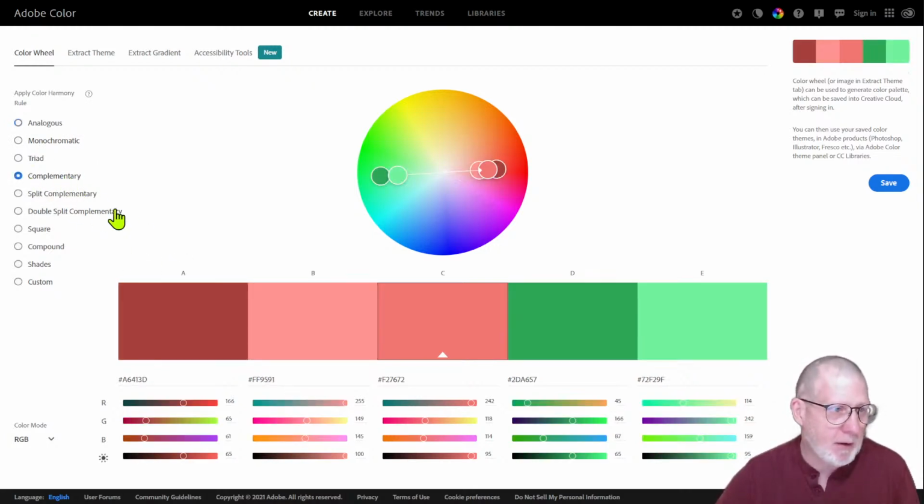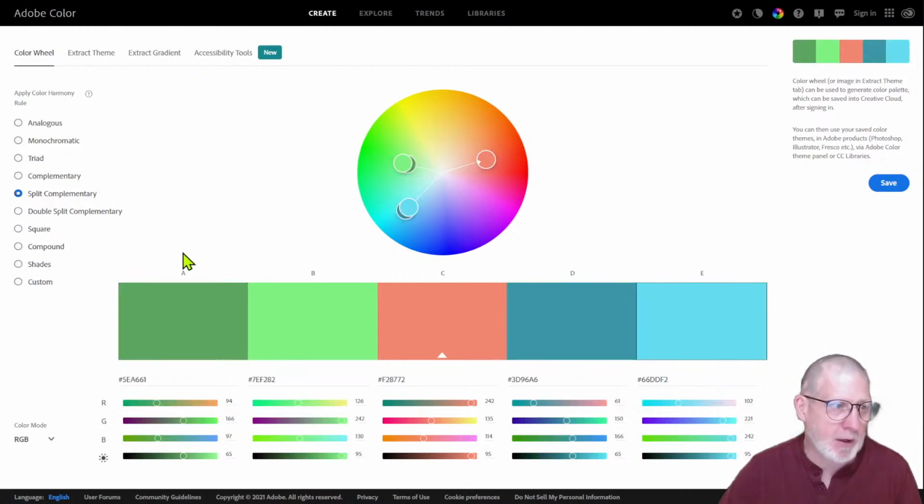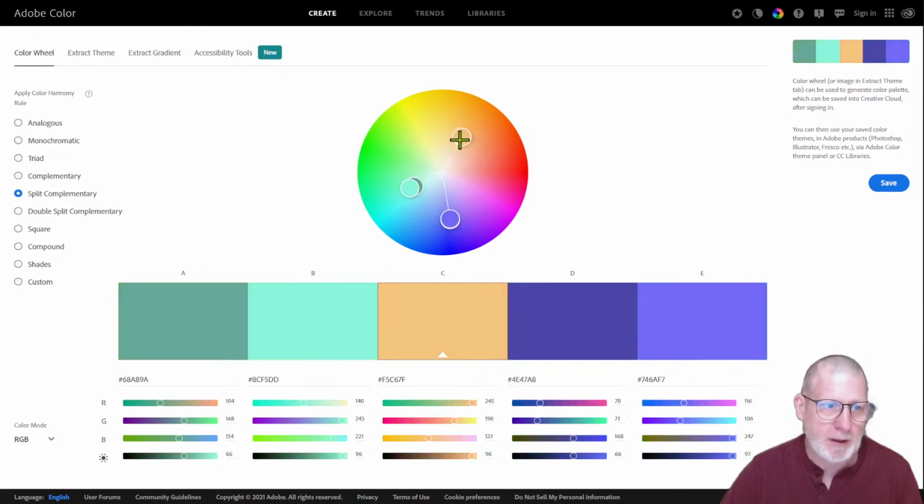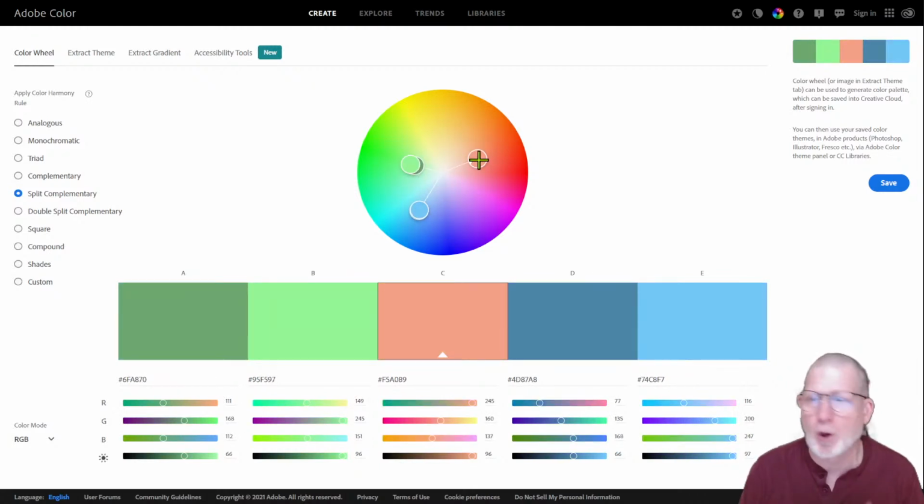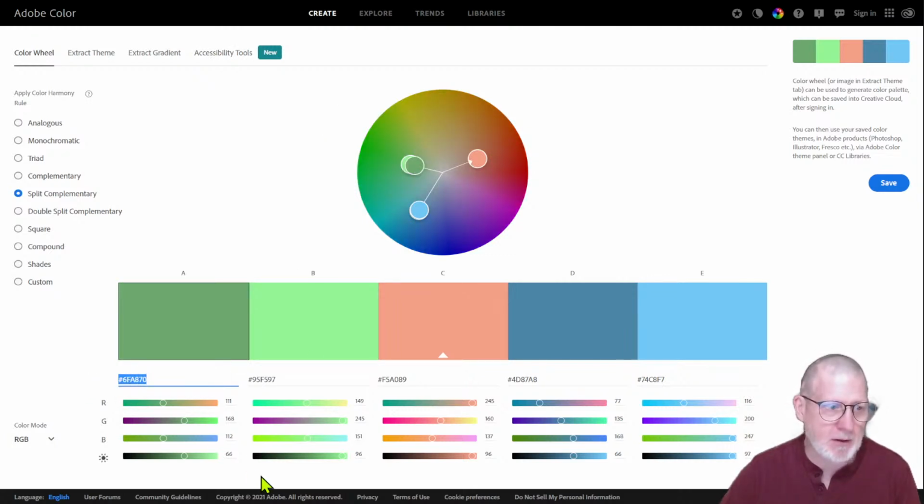So in this case, I want just complementary colors. I can see on the color wheel that if I drag one of these around, it gives me a set of complementary colors that kind of look good together. And they work with each other. Depending on the style of complementary colors I want, I can play around with adjusting the wheel here. You'll notice that it always picks colors that work with each other. So you can pick these off, and of course these hashtag values are the hexadecimal values for the colors. So if I choose that, copy it, go back to my code,